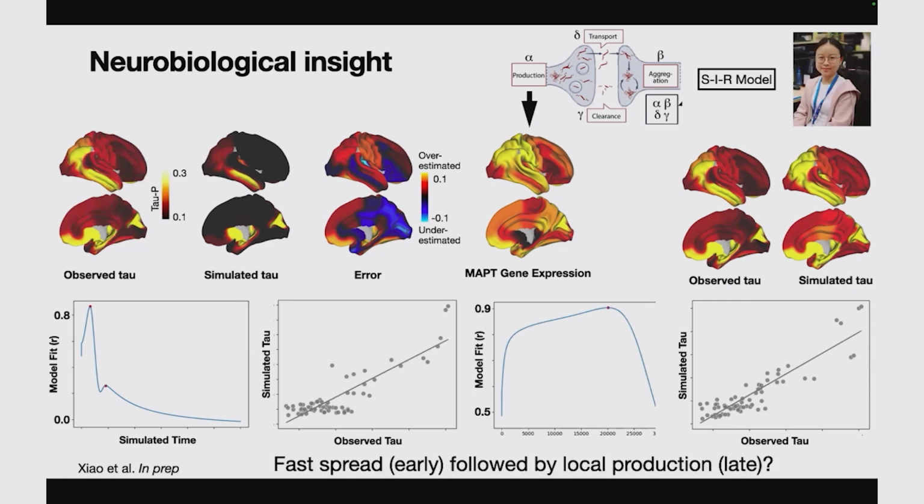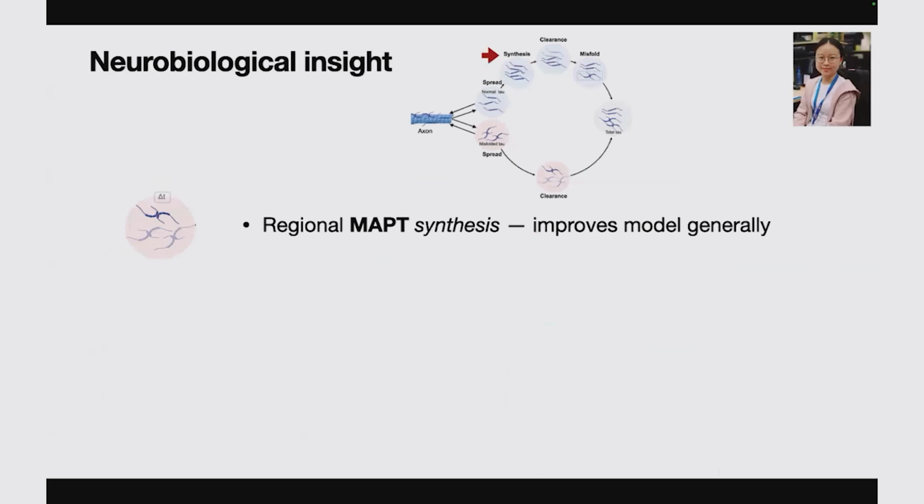So in conjunction with other recent studies and other results that we have, we think that this indicates that low-level tau is actually spreading quickly through the brain, but then intrinsic regional factors influence local production thereafter. And the latter is probably variable across people, but I won't get into that for now. So we use this framework to test a few known hypotheses of Alzheimer's disease mechanisms, but this time using